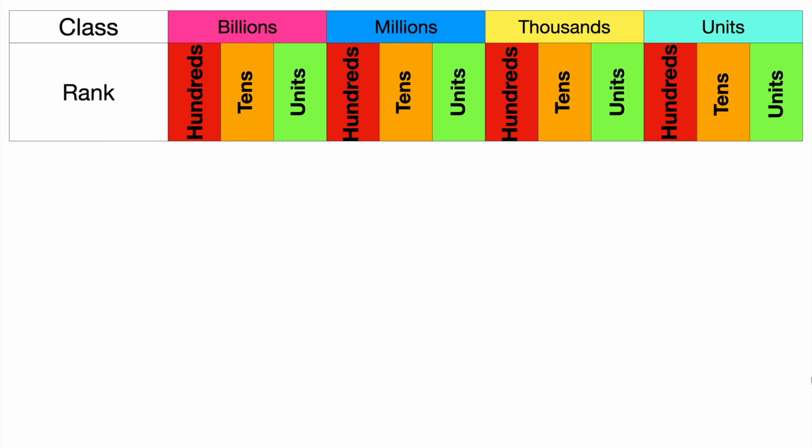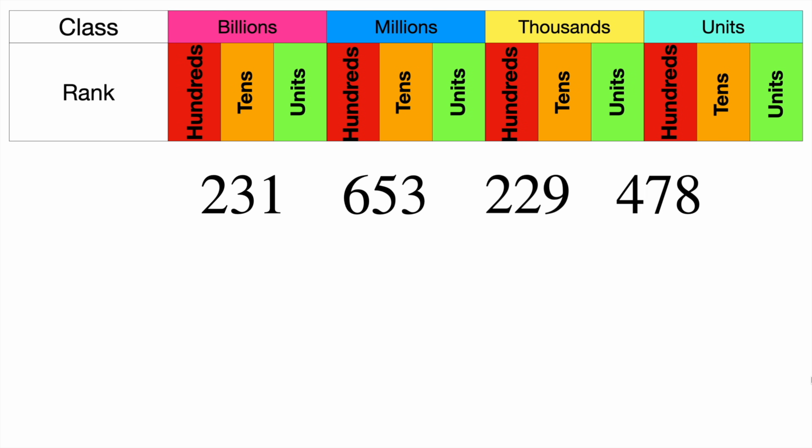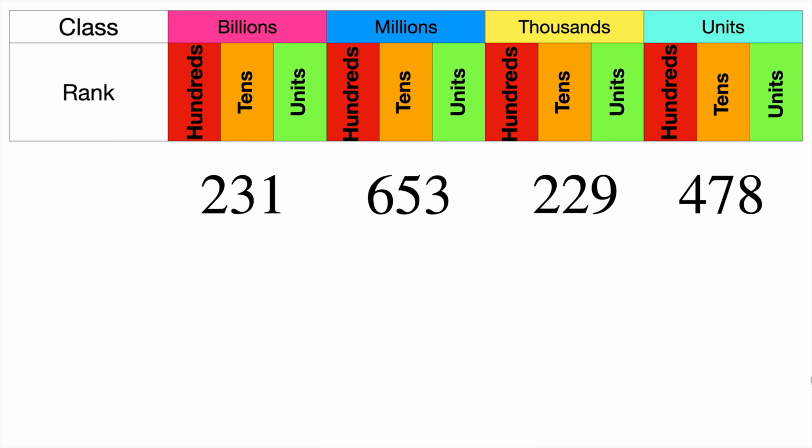Let's write out the number 231 billions, 653 millions, 229 thousands, and 478. And try to figure out why it's read this way. We see that 231 belongs to the class of billions, and if in even more detail, 2 means 200 billions,